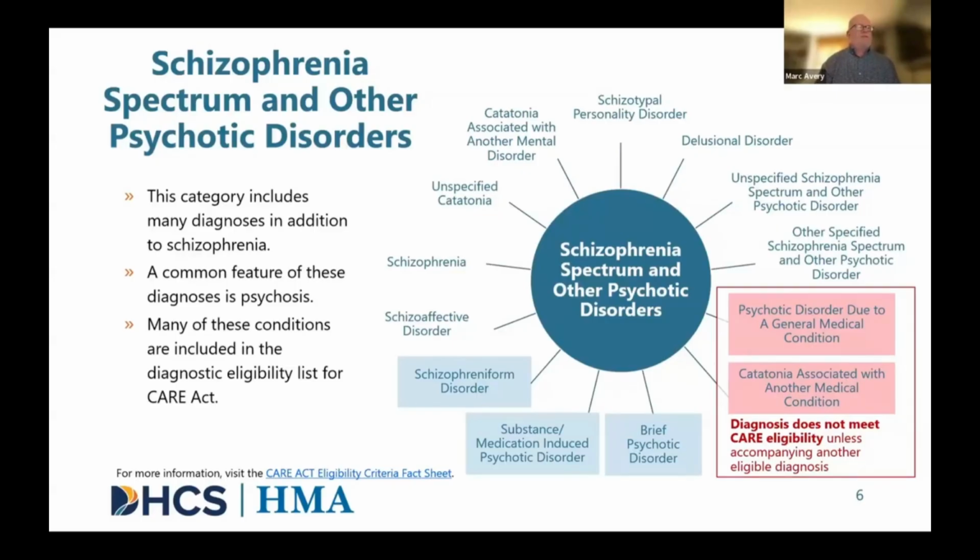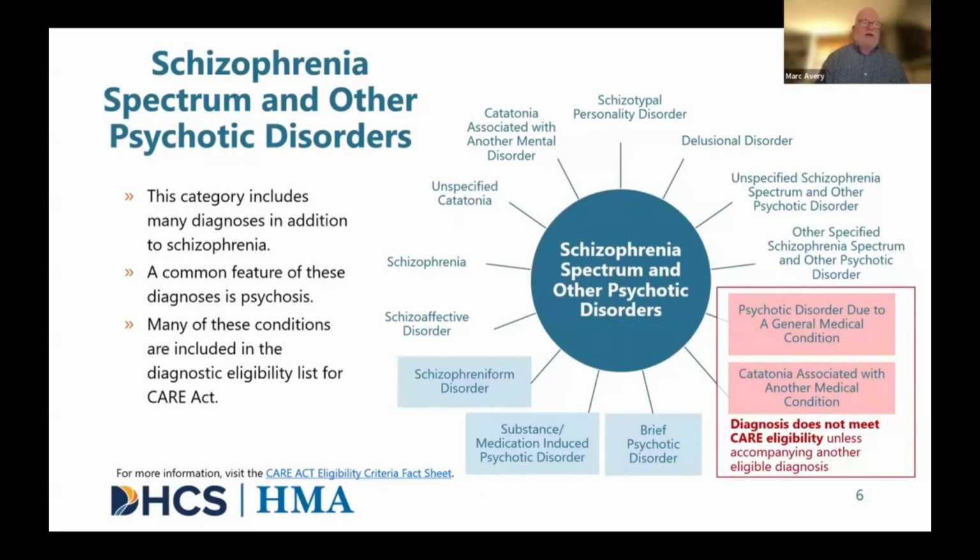The DSM-5 chapter of schizophrenia spectrum disorders includes many different diagnoses with similar sounding names, in addition to schizophrenia. These diagnoses are all clumped into one chapter because psychosis is a feature of all of them. Each of these has somewhat different diagnostic criteria, however. For instance, note that this list includes conditions that present similarly to schizophrenia but may not meet the full 6-month criteria for a formal schizophrenia diagnosis.